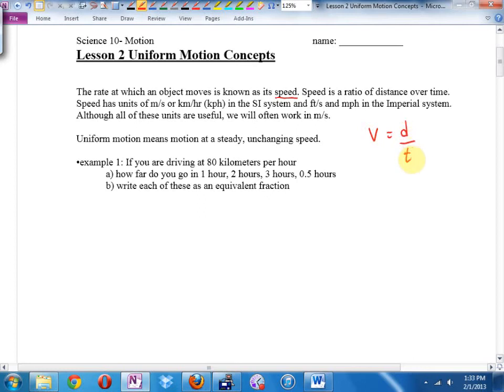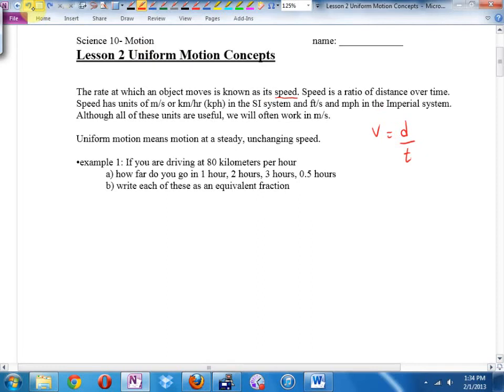I get the D for distance, I get the T for time. Why V? We use velocity in physics and speed in physics, and we use them interchangeably, but we hesitate if we can avoid it, because what number does that look like? So we're going to say speed, velocity. Don't worry, we're going to get there.